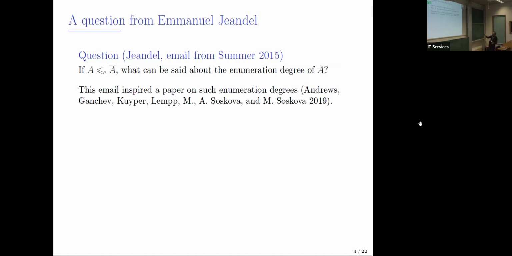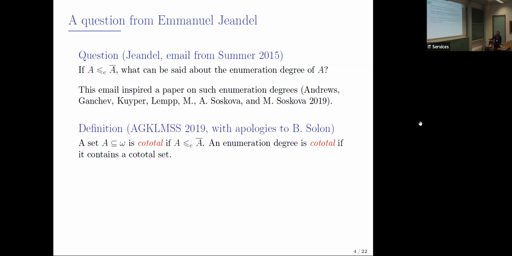He sent that email to me. I asked Maria Soskova, who is much more likely to have a good answer to that question. She didn't, and we said, we don't know, and set about studying that property. We called it cototality. We said a set A is cototal if A is enumeration below A complement, because, remember,